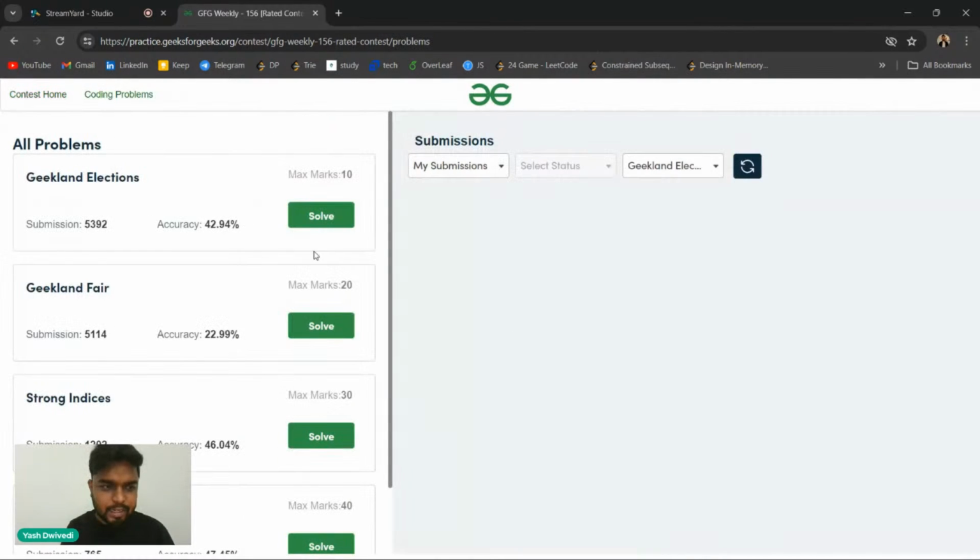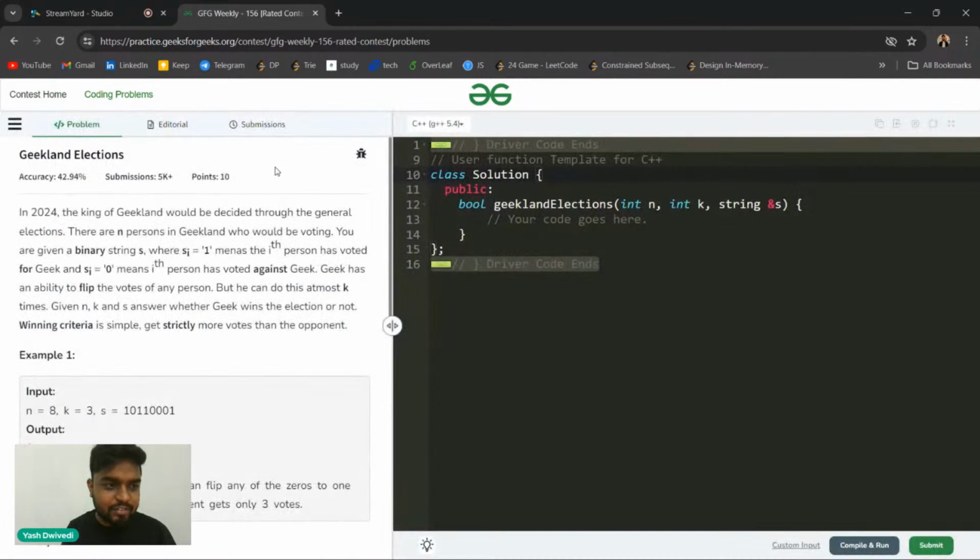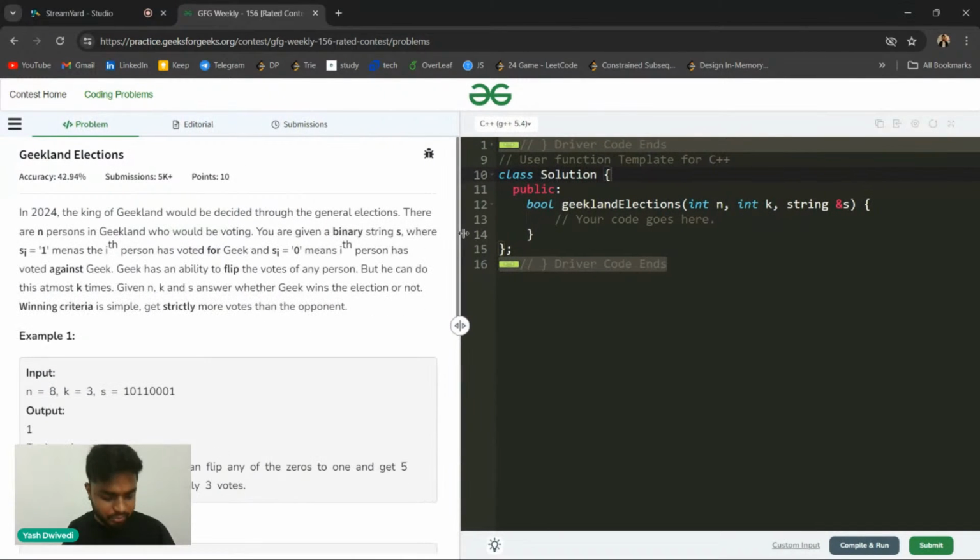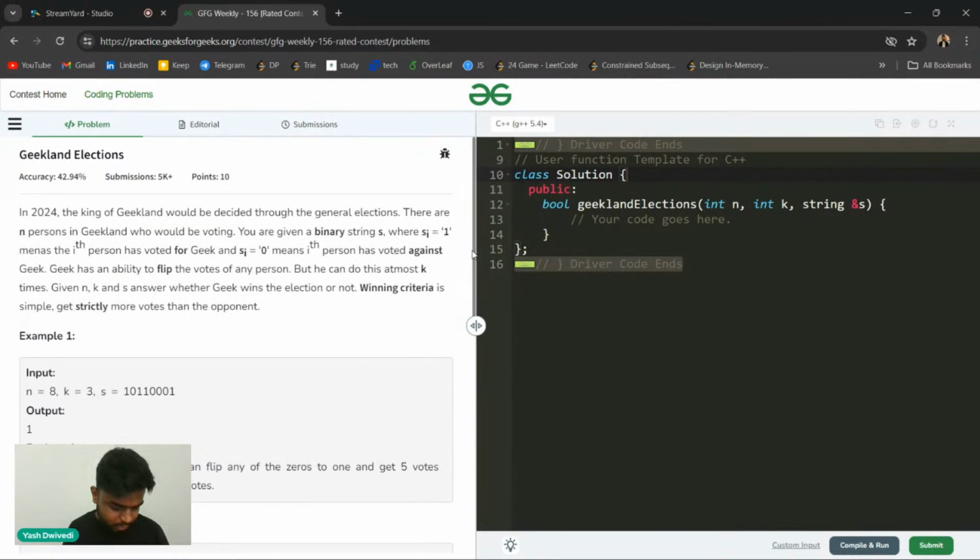Let's quickly open the problems one by one. I hope that everyone has joined. You can hit the like button and react with a thumbs up in the chat so that you can tell me if everything is working fine for you, and we'll start with the discussion. The very first problem that was asked in the contest. Third one, why they gave TT where the array was not sorted. We'll discuss that as well, the third question.